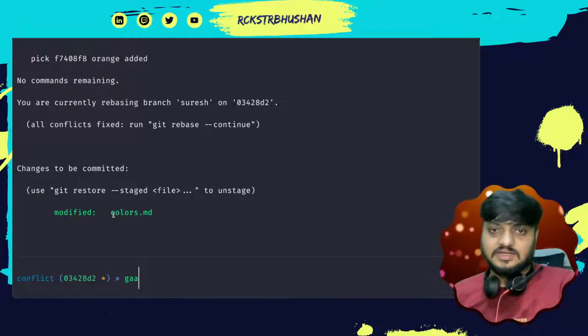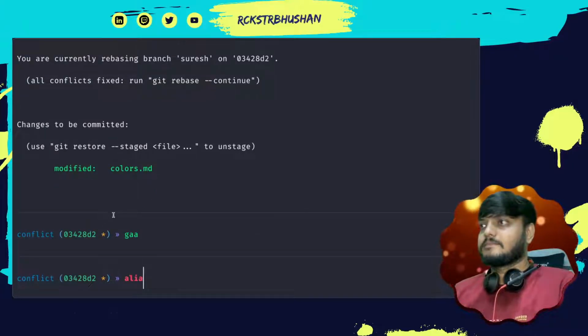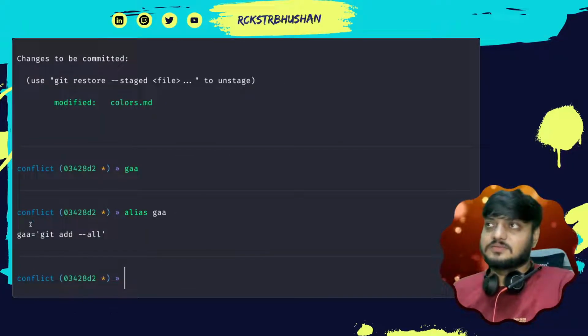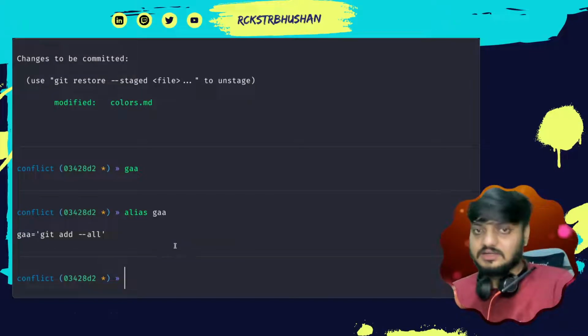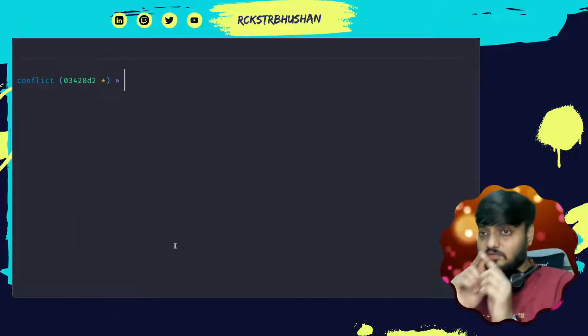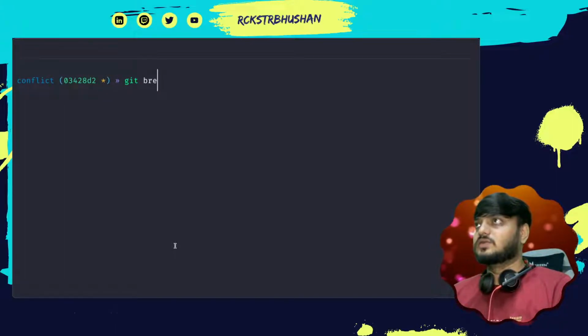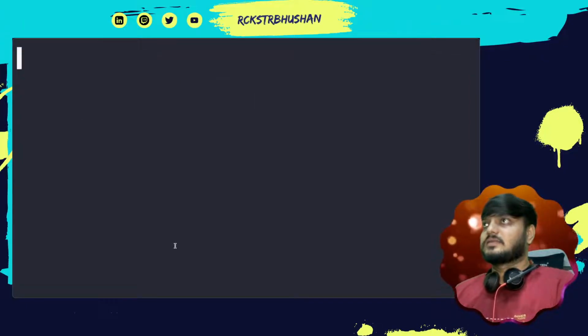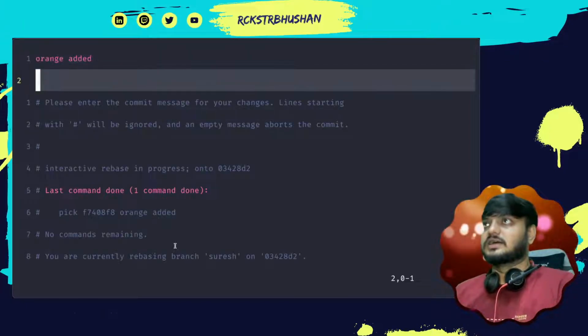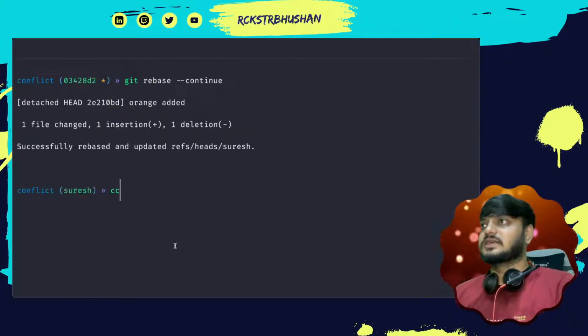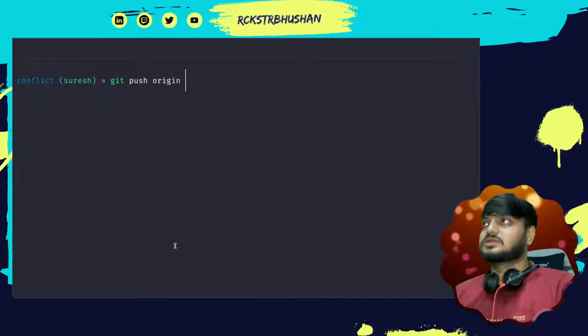I simply have an alias for that, GAA, so it adds all the files. That's it. Now we were doing git rebase actually, so now what we'll do is we'll continue that rebase. Now it says orange added, and then I'll save it. And now if I push it,